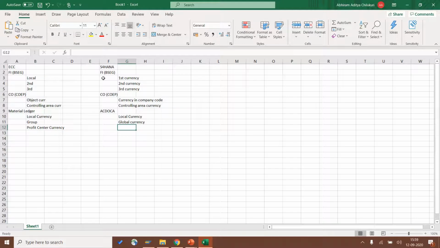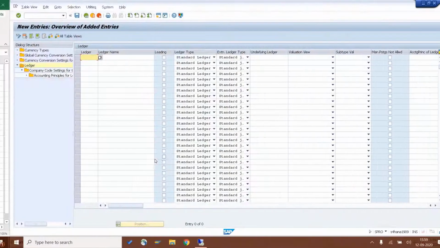So if you see, in BSEG there is no difference. BSEG is still having only 3 currencies, whereas ACDOCA is having a total of 10 currencies. So these 10 currencies are stored under various fields like OSL, KSL. There are various other fields which are stored in this one. We have KSL, LSL, and so on up to MSL, NSL, OSL, PSL, QSL, RSL, SSL, TSL. We are having all these 8 currencies. So this is a major difference in how the currency types exist in ECC whereas in S/4HANA.